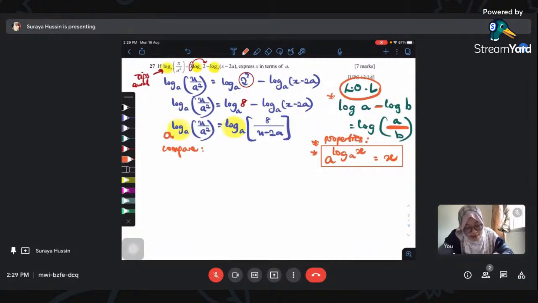When I put A, jadikan A ni base tau. So log tu dah jadi power. This has becoming power already. Bayangkan je lah ya. Bayangkan je atas ni dah jadi power. Kita nak jadikan both of this power. So kita ada base A supaya kita boleh faham, oh dia akan dapat X sahaja. X dekat sini merujuk kepada the log base A X over A squared is equals to